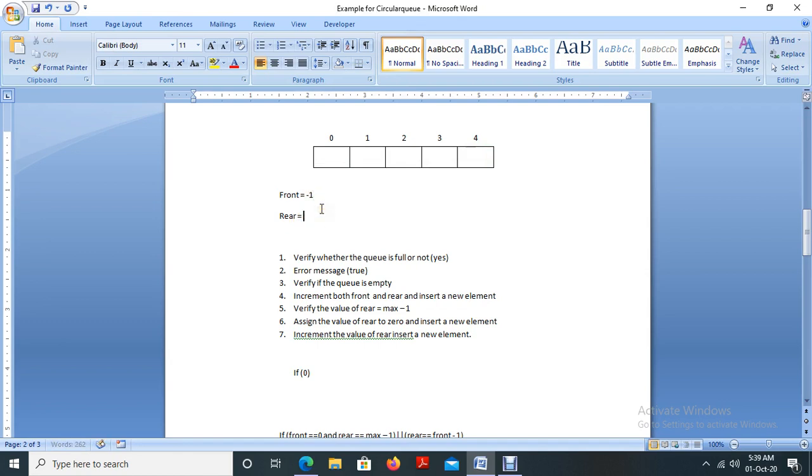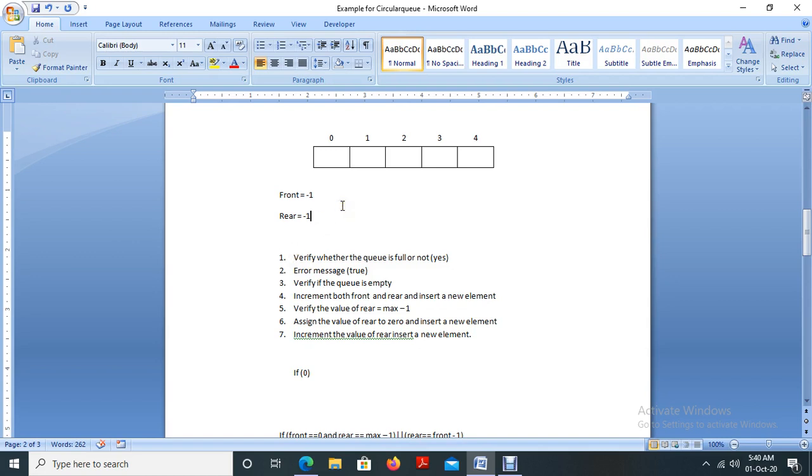And in the university examination, they will not ask directly to write a program to execute this circular queue. They will ask it in a different way. So whatever they are asking, don't worry about that. If you are practicing like this, then you can write any program they are asking for in the university examination. In this case, I just want to write a step-by-step procedure for writing the program.